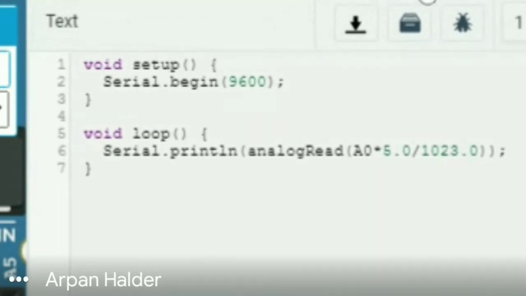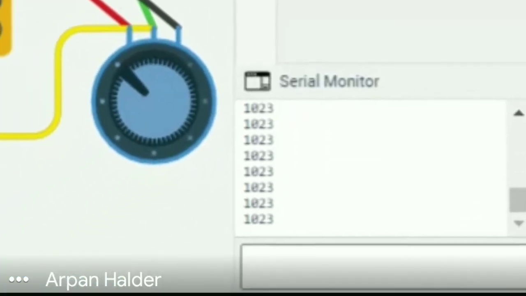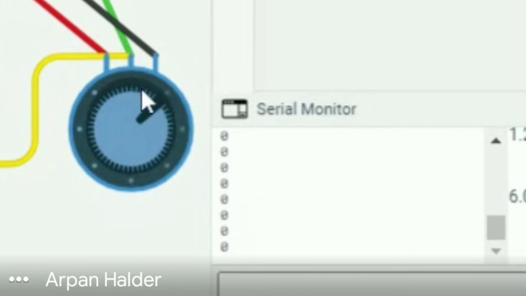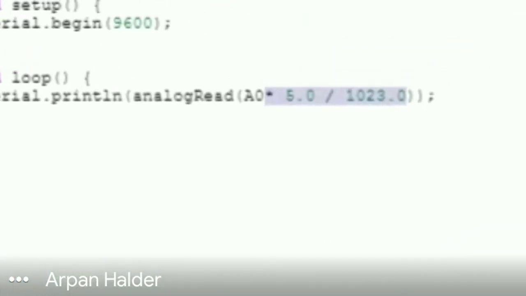Now let's run this code. Well, it is not scaling up because I have actually made a small mistake here. Let me show how.